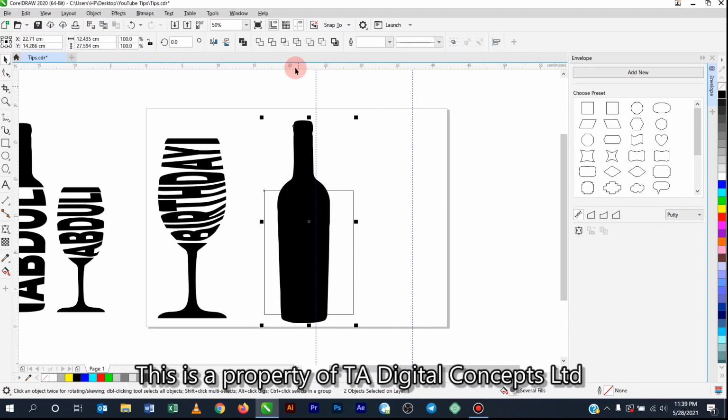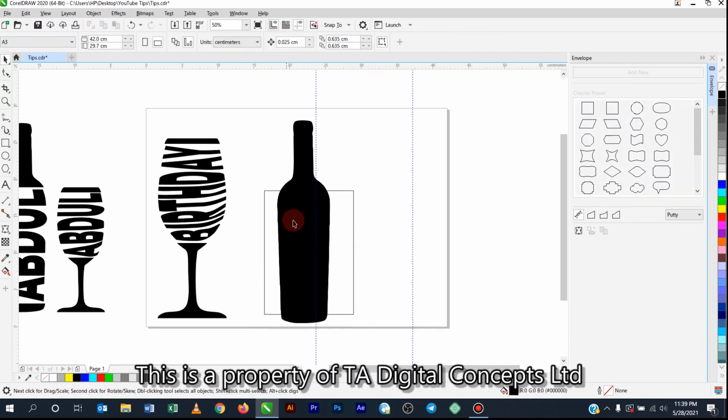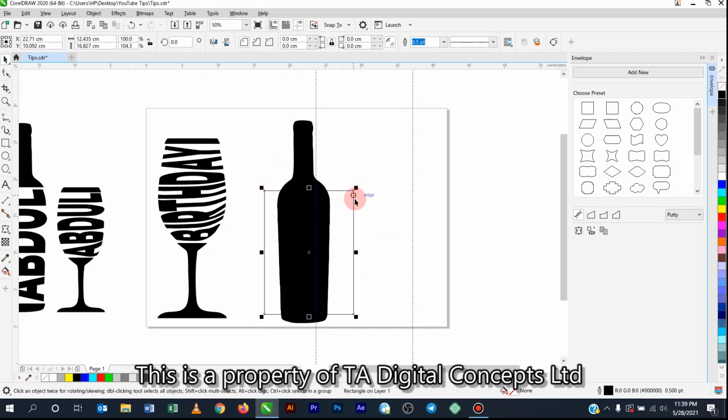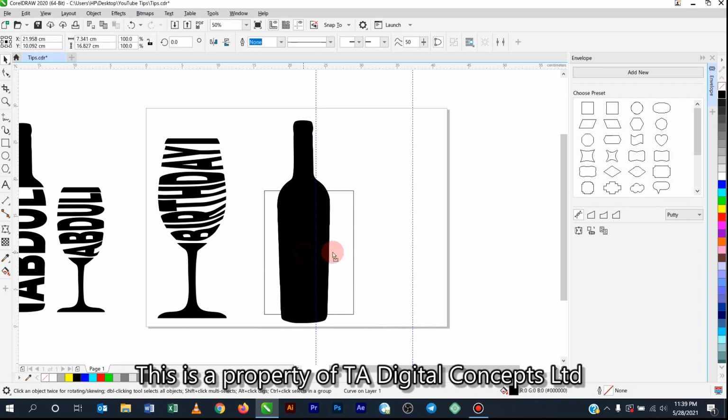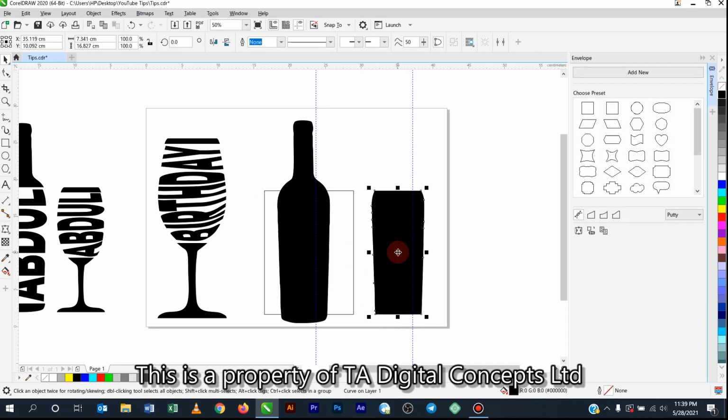select the bottle, then we use the intercept option. So when you select, actually it's going to select the rectangle box that we created. So to select the intercept, hold Alt on your keyboard whilst you click here, so automatically it's going to select the intercept. Okay guys, all right,